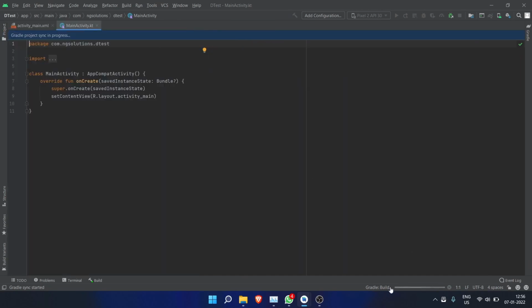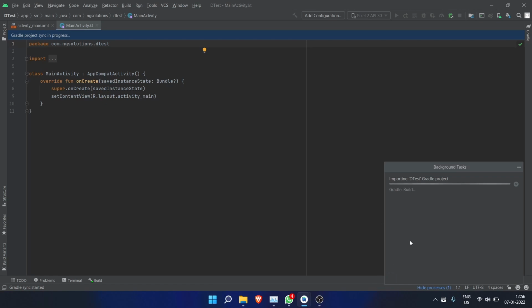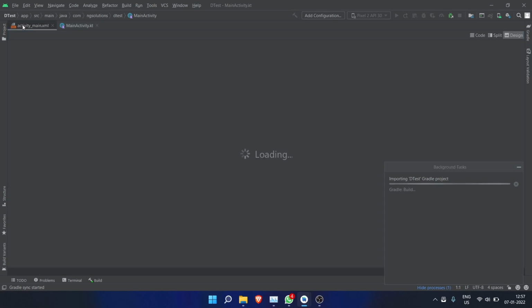Just give this system a time. It will build the project behind in the background. So okay, it is still loading.